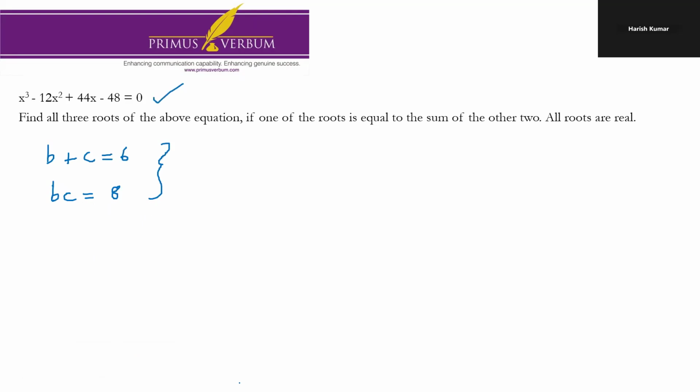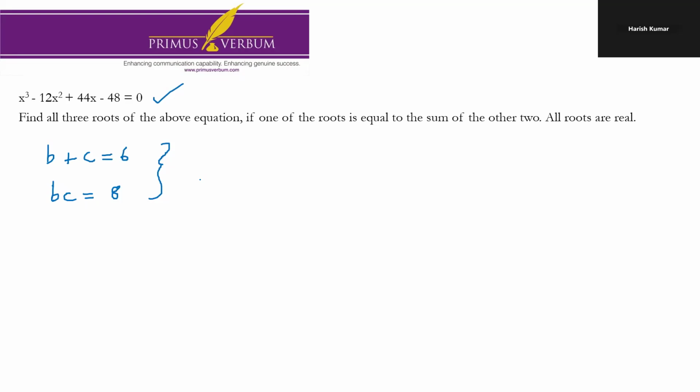The sum of the roots is 6, and the product of the same two roots is 8. Now, we can also regard B and C as just any two numbers. And if the sum of the two numbers is 6 and the product of those two numbers is 8, then